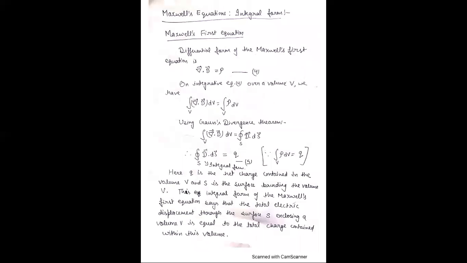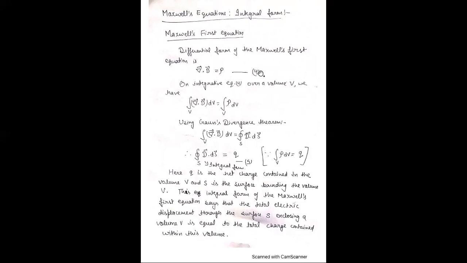Now the next topic is Maxwell's equations, all four equations now in integral form. We start from the Maxwell equations and derive Maxwell's first equation in integral form. Firstly, write down the differential form of the Maxwell equation. The first equation is del dot D equal to rho. This is the first Maxwell equation in differential form. Here this is a divergence, therefore del by del x and so on; this is the differential form.